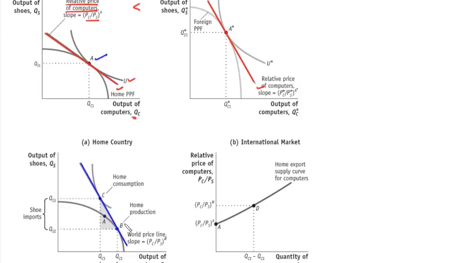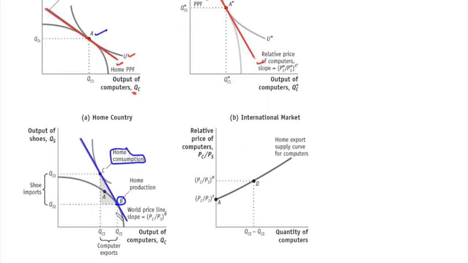So in case of international trade, we'll have equilibrium at this point B, which will give us home production. And at that price, if we look at the indifference curve, it touches this line at this point C. So it will give us our home consumption. So there is a shift from A to B. Clearly, with international trade, production of computers is at QC2, whereas home consumption is only QC3. So this home country is going to export this much amount of computers. This QC2 minus QC3 will give us computer exports.